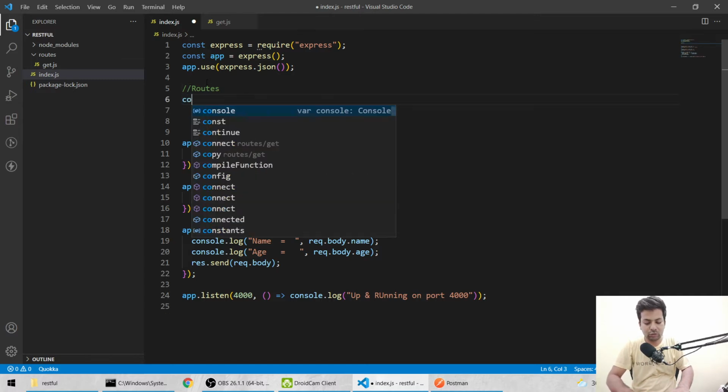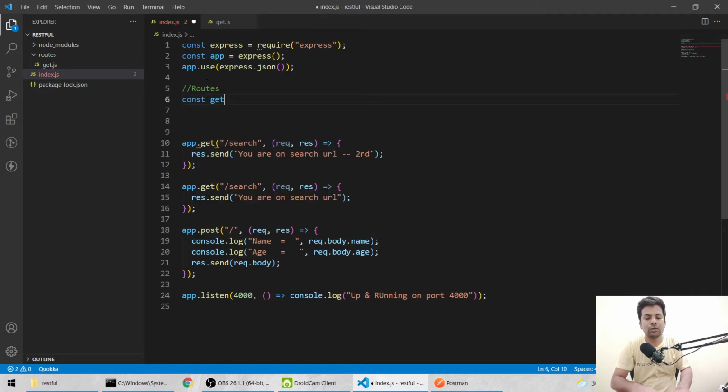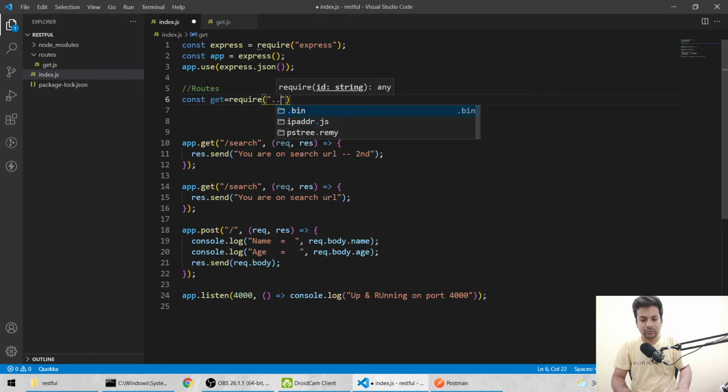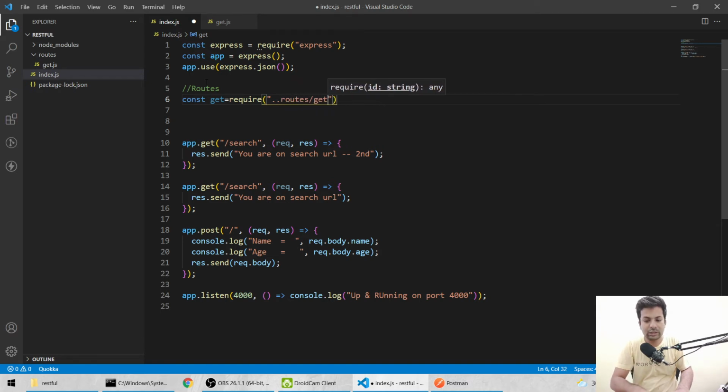We'll say const get, whatever name you want, I'm just making it get, equals require, then dot dot slash routes slash get. So it's in a folder called routes in the same directory, and there is a file called get.